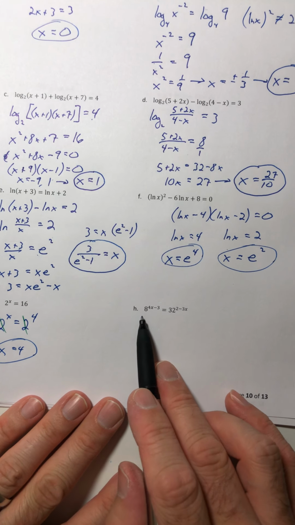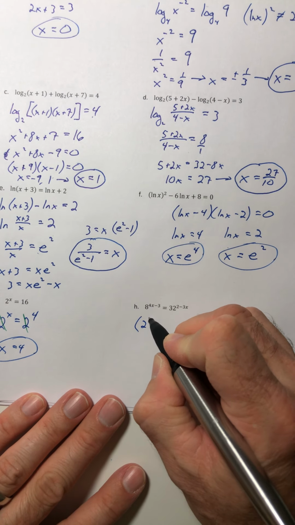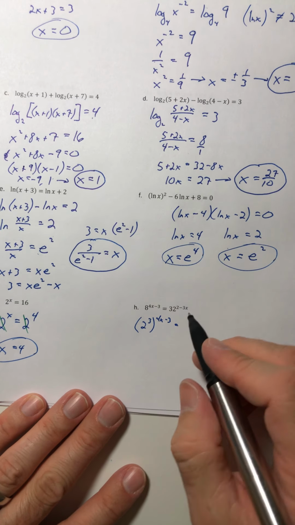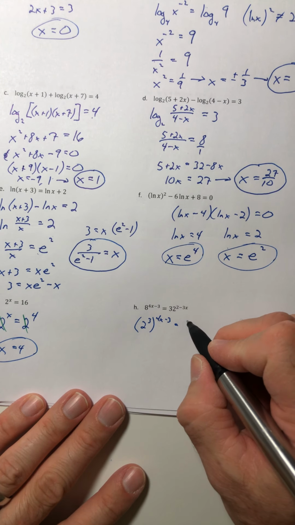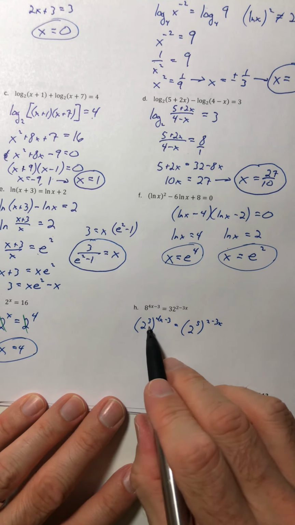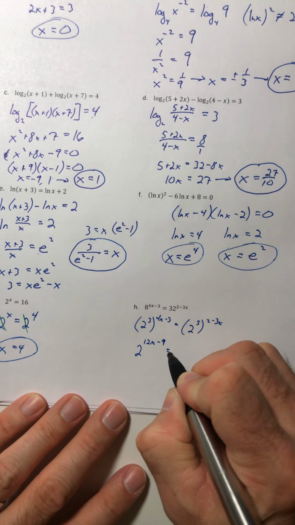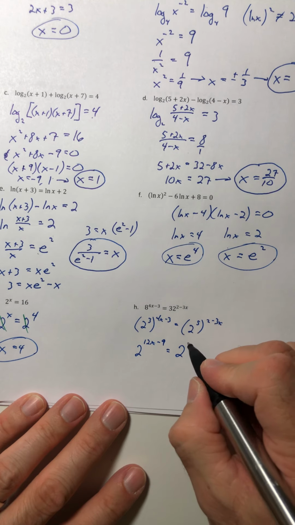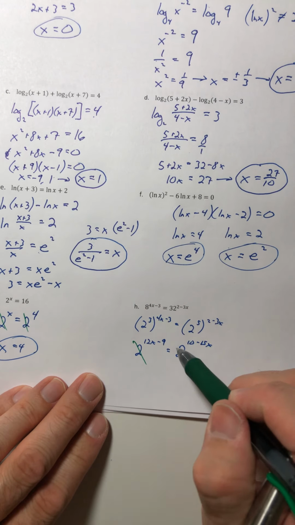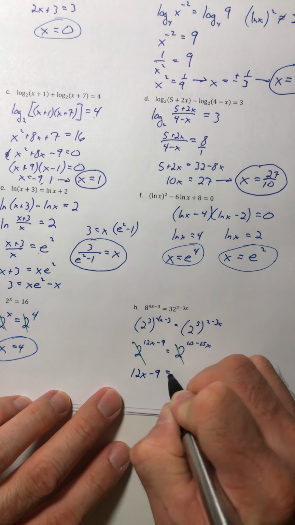So for part H, 8 and 32, their common base is 2 again. So 8 is 2 to the third. 32 is 2 to the fifth. Distribute. Distribute the 5. Now you can drop the 2's out and solve 12x minus 9 equals 10